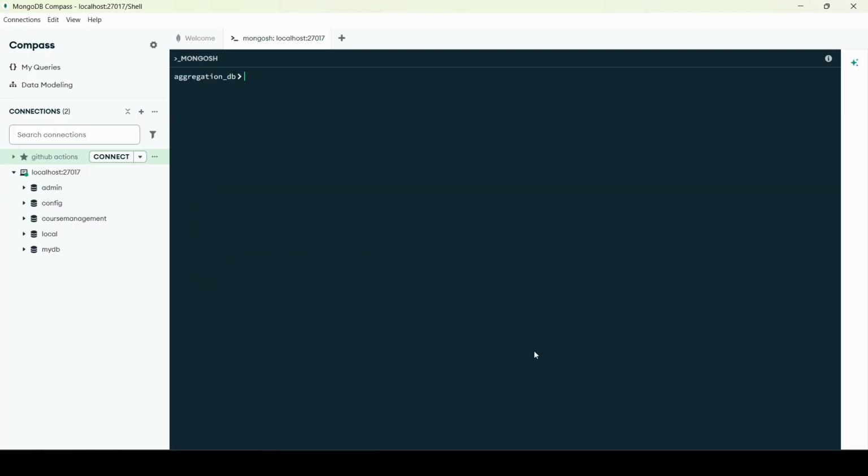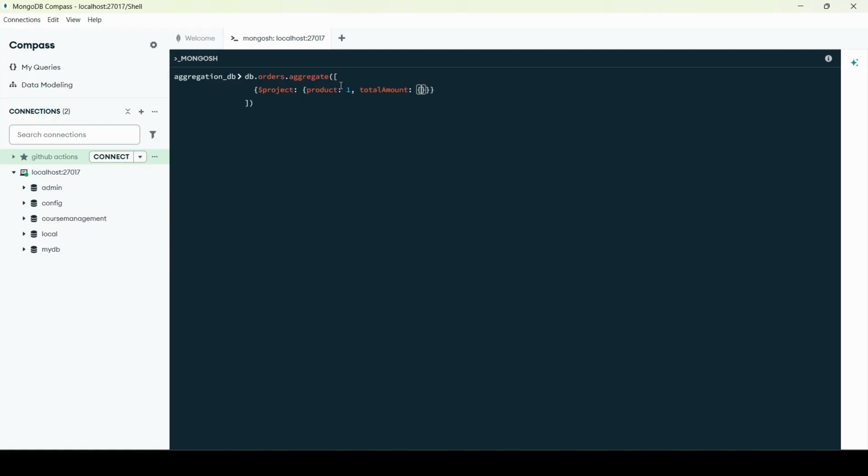Now let me clear the screen. So our second exercise will be, we need to show the product name, and along with the product name we need to show its total amount. So the total amount will be product of the price and the quantity. So we will use this db.orders, and then we will use this aggregate, and first we will use this project operator, and within the project we need to show the name of the product. So the name of the product will be one. So this will be visible in our aggregation result, and then the total amount,